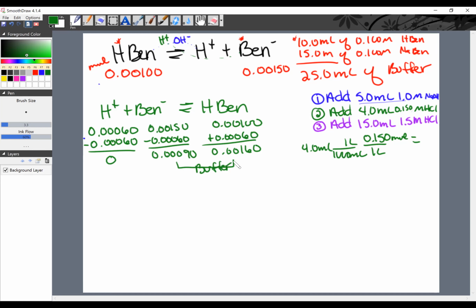If I have buffer left, I can just use the Henderson-Hasselbalch. So the pH is equal to, okay, now this is not acetate, this is benzoic acid. So I'm going to my reference sheet and I'm looking up benzoic acid, and benzoic acid is 6.3 times 10 to the minus fifth. So the Ka is 6.3 times 10 to the minus fifth. So the pKa is 4.20